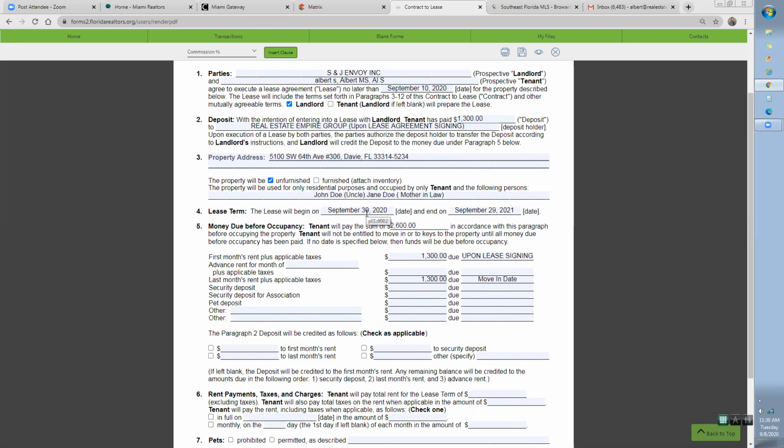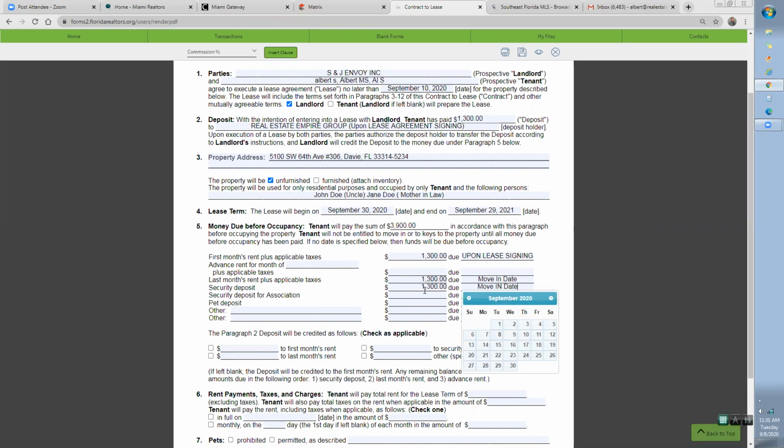So if your client gets approved, say September 26th, and they say, hey, you know what, I'd like to move in tomorrow, can we get that done? And you call the agent and the agent says, sure, we can move in tomorrow, just make sure he has the checks ready and we'll do a walkthrough tomorrow. Well, at that point, if we put move-in date here, we know this is the date at that point where the client needs to provide those $1,300, okay? Same thing with the security deposit. $1,300, move-in date,